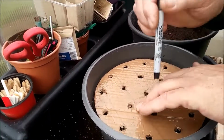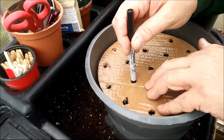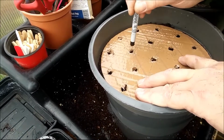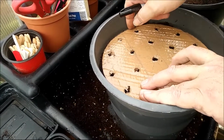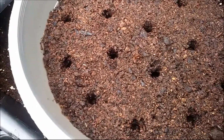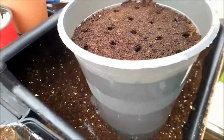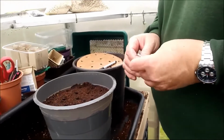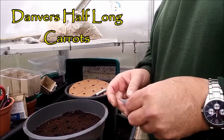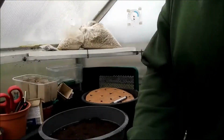Let's see if I can get up a little bit further. There we go. One in the middle. You lift it out. And there's your holes. See? And we've got a little wood lice got in there. Oh, already. Well, they're like indestructibles then. Yeah, right, so what are the carrots we're popping in today? These are Denver Half Long. Okay. These are one that my father did grow. Yeah. And I've managed to find these. I think they grow them a lot in America more than here. Okay. But, so half long, is that denoting they're short? Yeah, well...